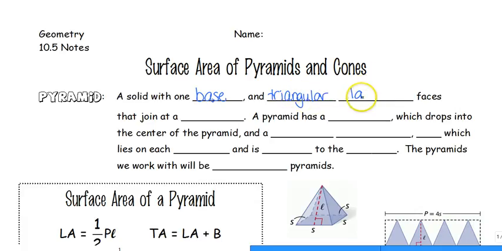lateral faces. So they're going to have triangular shaped sides. And they're going to join at a vertex. Then we know a vertex is a sharp point. A pyramid has a height